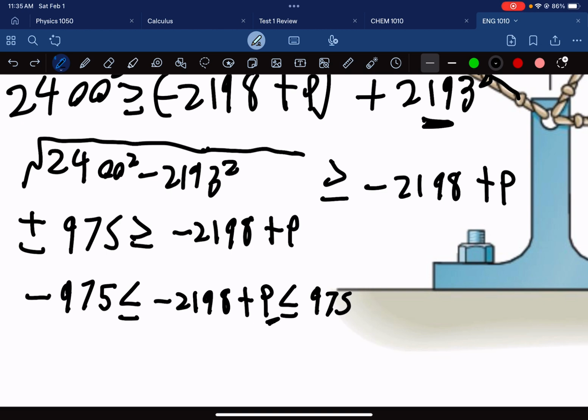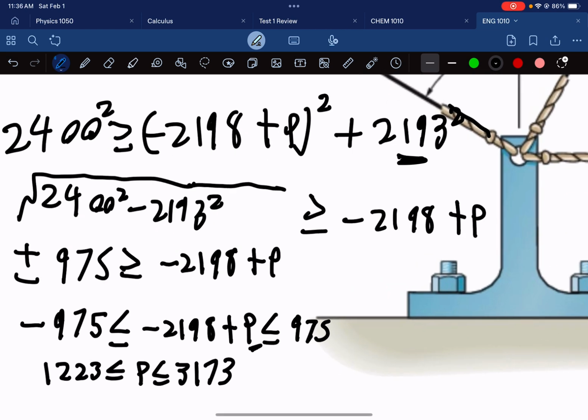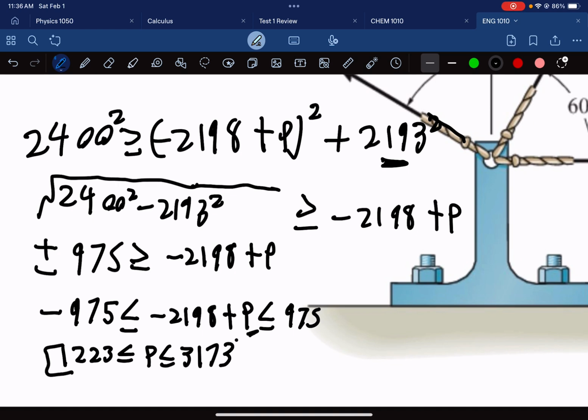So 2198 minus 975 is going to be 1223, which is 1,223 newtons, less than or equal to, so this is our, and obviously P in the middle, then we've added it to the right side as well, so let's do that. Let's go 2198 plus 975, which is going to be less than or equal to 3,173 newtons. So in the end, this will be your answer,